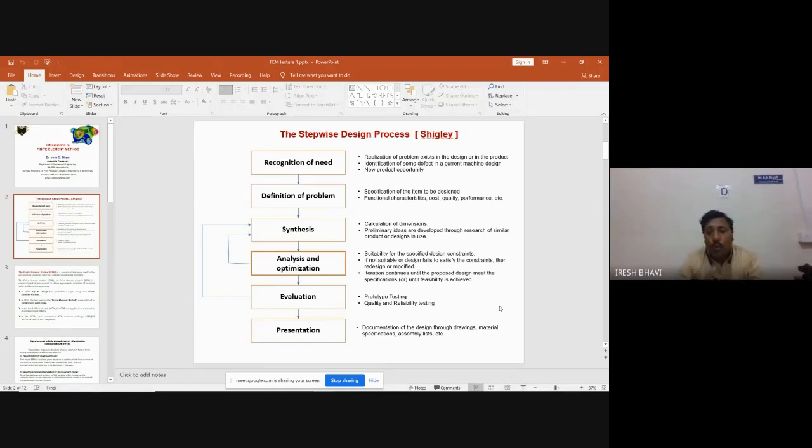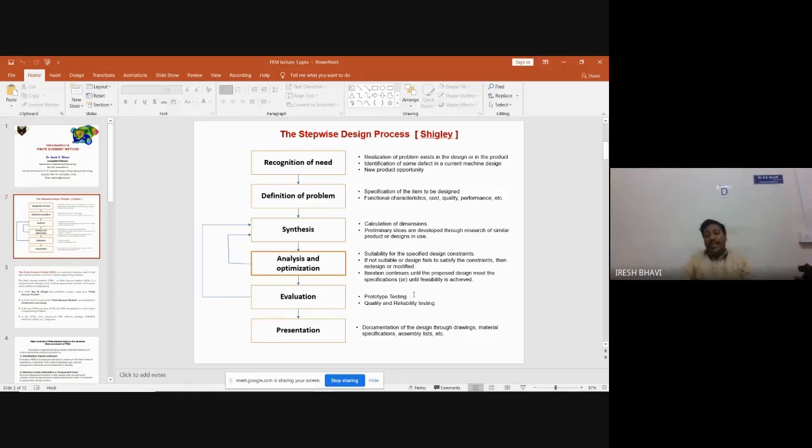Then they will carry out prototype testing. For example, cars. Once the cars are designed, they will not directly start the production of that car. After doing analysis and optimization in finite element analysis software, they will send it for prototype testing, that is for evaluation. Means what? They will prepare one model of the car. It may be scaled to a smaller size, or it may be the same size as the original car. Then they will go for crash testing, braking test and acceleration test. All those tests will be performed on that car.